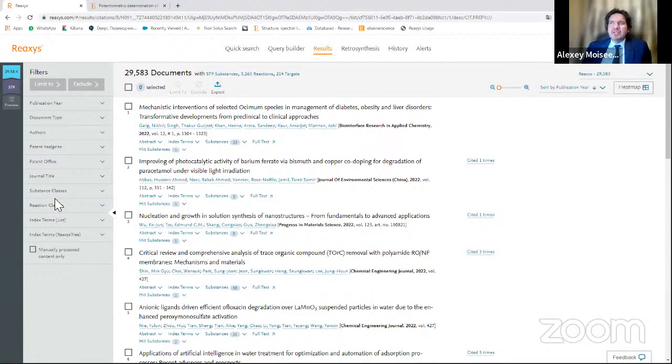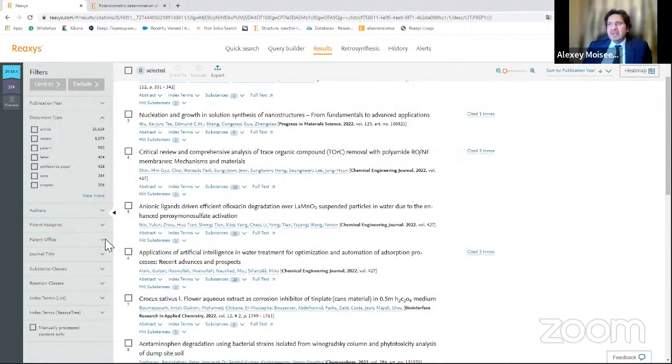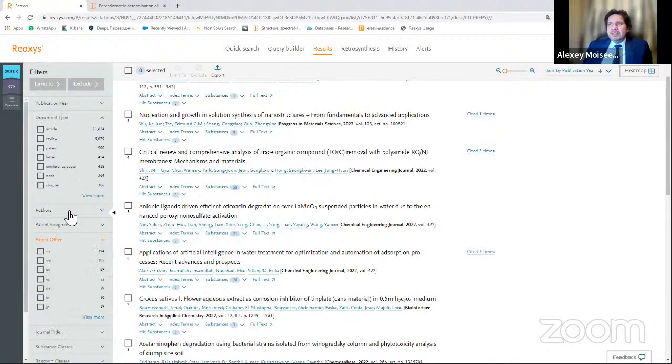Very important information we are getting from patents. We have a special filter for patents. We can filter by patents. For example, for paracetamol, we have 900 patents, and also we can have information from different patent offices. For example, we can easily sort by country, by patent office. For example, I will sort by China.